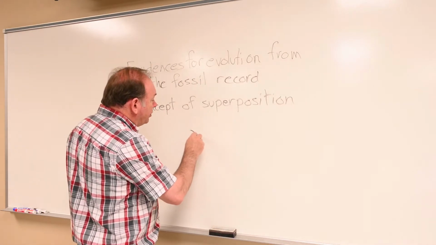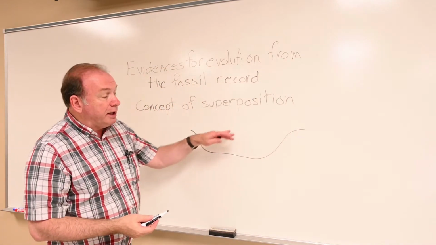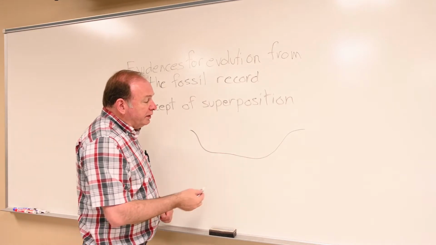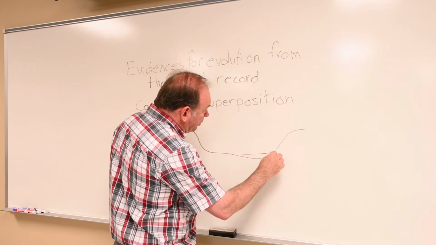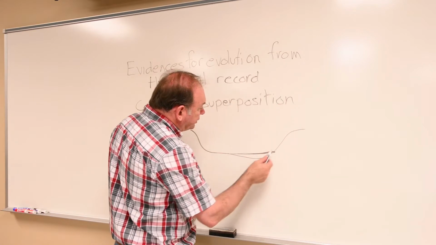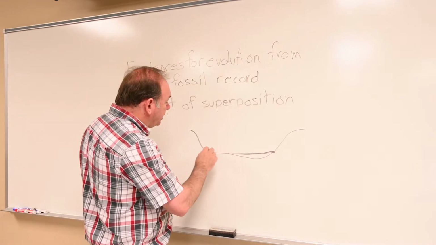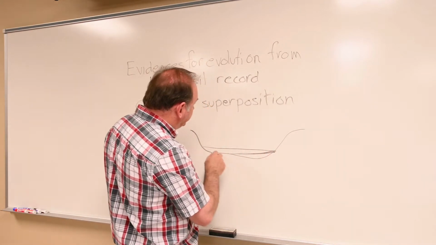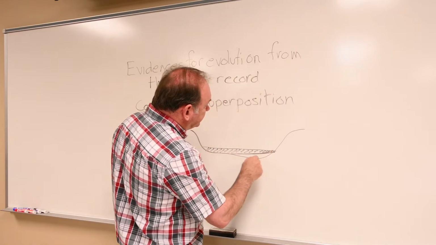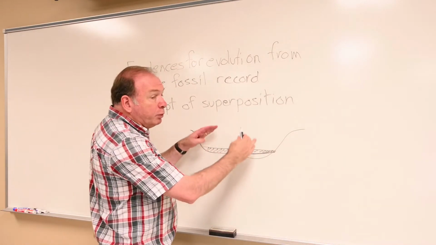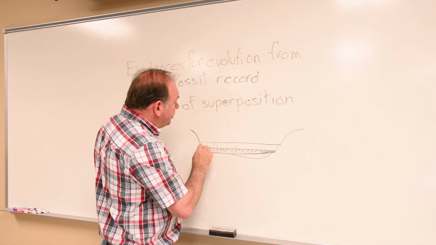So we're just layering sediments over time from deeper layers to more recent layers. So you say you start out with a low area, it could be a lake or just a low area that gets filled in with sand and other material. But anyway, you get this layer of material to form down in here from sediments. So your first sedimentary layer forms here, and over time more sediments will be added to that. So you get another layer of sediment. Let's put a cross hatching on this layer here that covers up the first layer of material. Then more material is going to end up coming in, laying on top of that, so you end up with a third layer